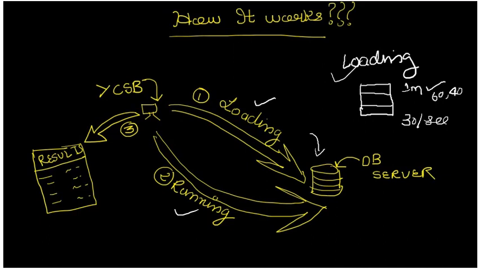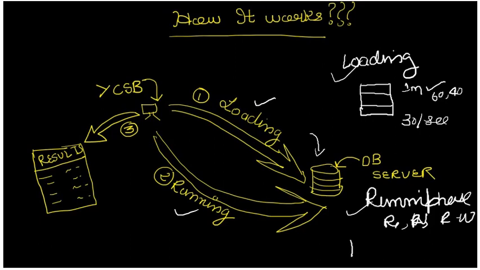After the loading phase, we have a running phase. In the running phase, different kinds of operations are performed on the database. It performs read operations, write operations, or read-write mix operations. Such operations are performed during the running phase. And once the running phase is also over, it gives us certain results, like how much time it took to perform the experiment, how many operations per second on average were performed. Such things are there in the results of that running phase.